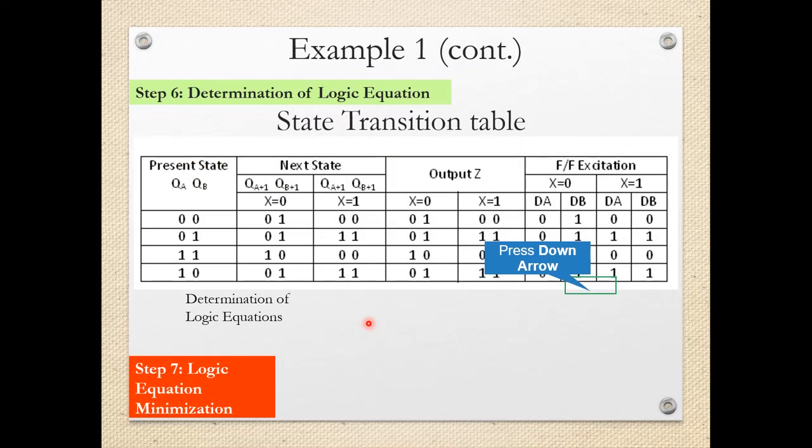The next step is determination of the logic equation. As we will be using flip-flops as the memory elements here, we have to decide which particular flip-flop we will be using. For flip-flops, after the application of a clock signal, the next state the flip-flop will enter is given by a tabular format called the excitation table. With the help of the excitation table, we can find out what the input of a flip-flop should be so that we get the required output in the next state.